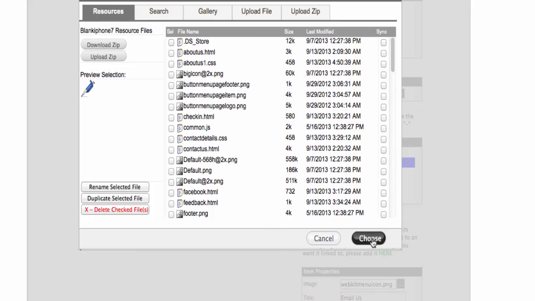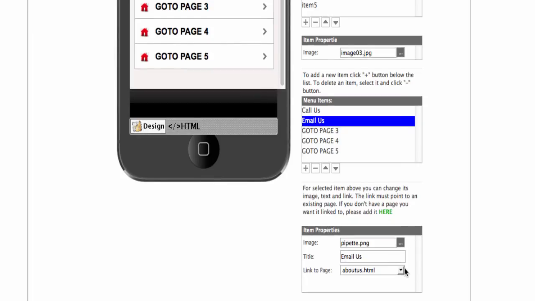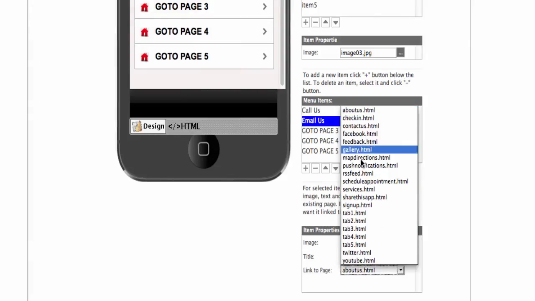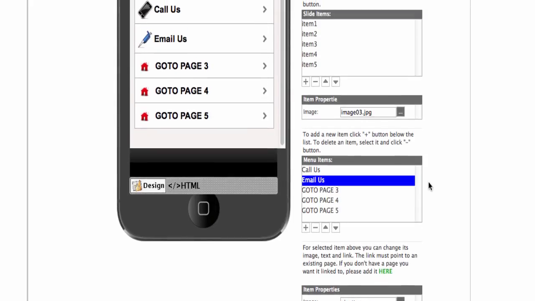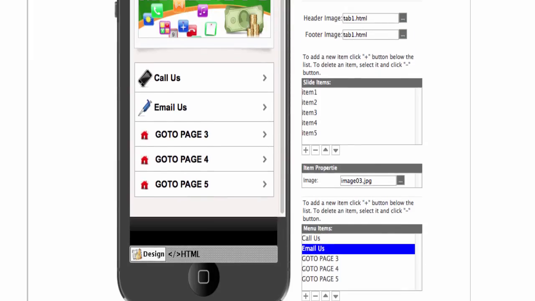Right, and to email us, we have two options. First one is to connect to the page, which is called Contact Us, because what it will do, it will display the contact form. Or you can do the same way what we did with Call Us and go to HTML,